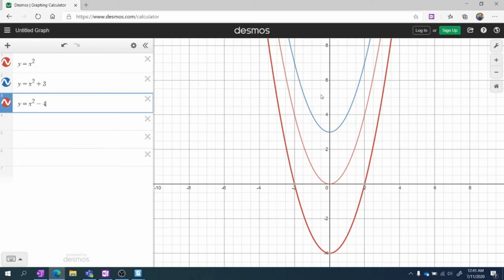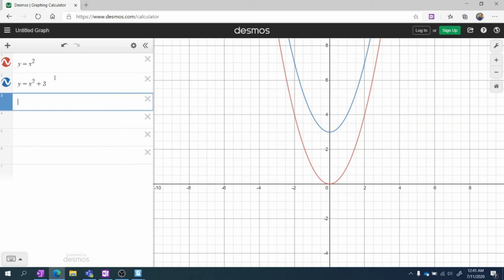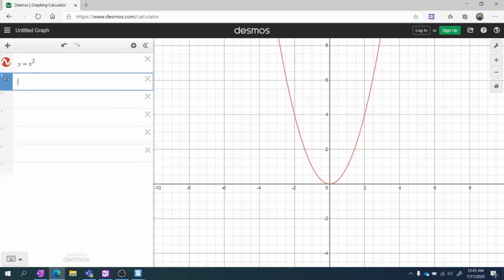Nothing changed other than I took the parabola, moved it up, down. Okay, so that's a vertical translation. That's how you move a graph up or down. So what we've got to be able to do is put all of that together and identify what would happen to a parabola if, so I'm going to type in here y is equal to,